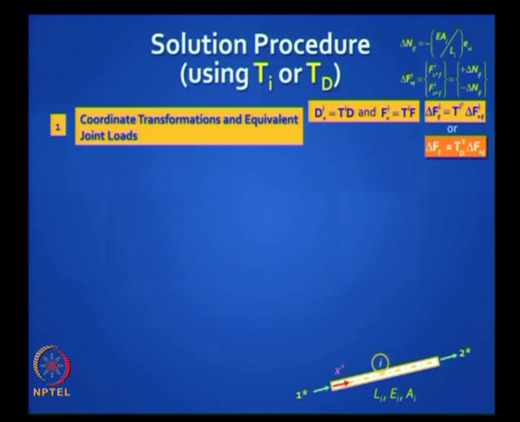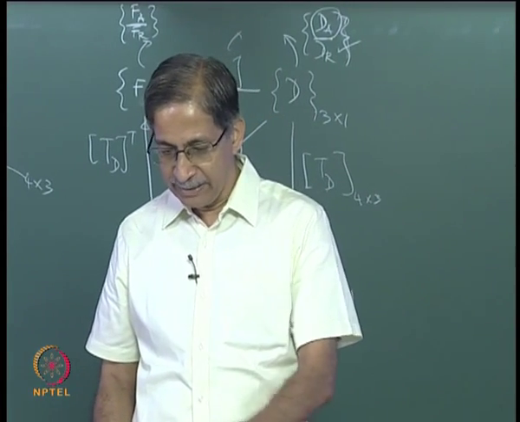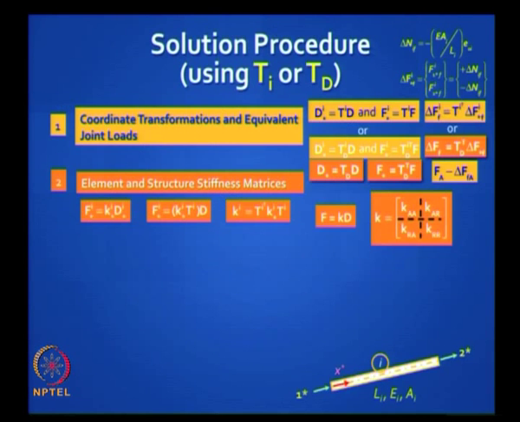So I can find out my fixed end forces, and I get my net load vector, that is Fa minus delta FFA. If you have this combined with intermediate loads, then you have to add that part also. If you are doing by the TD method, everything is same except you use TD and TD transpose. Then you generate the structure stiffness matrix, you do not have to do any extra work because we have already done this. You can do it either by the TI method or the TD method.